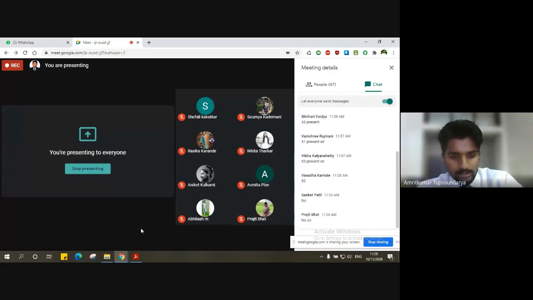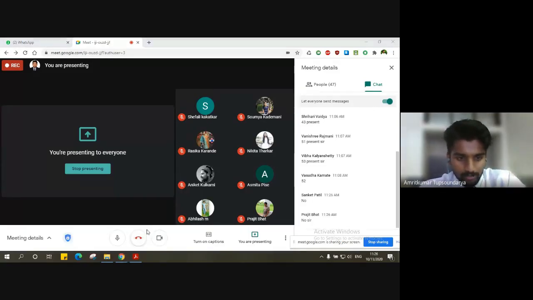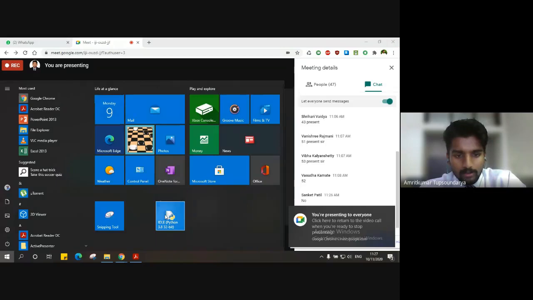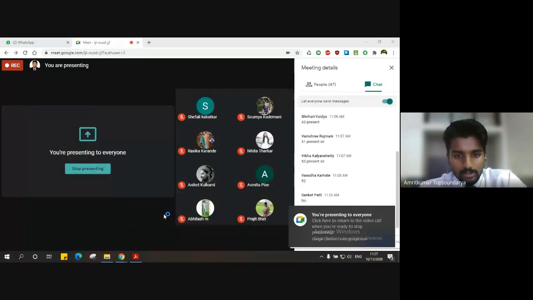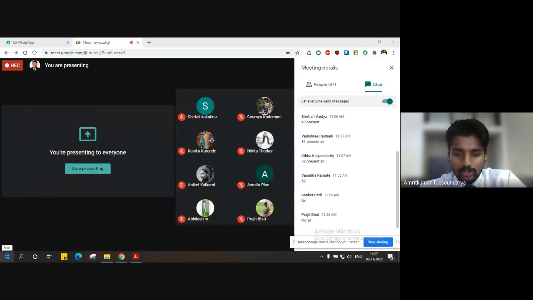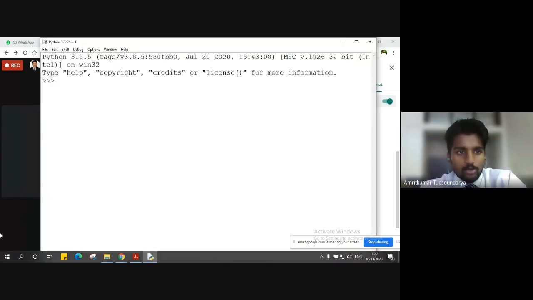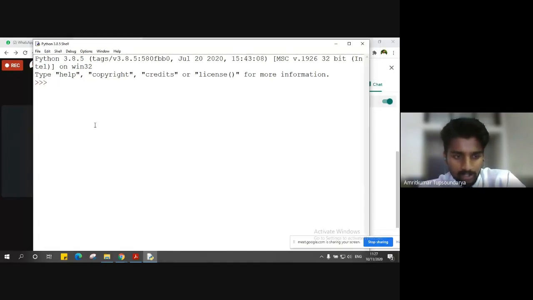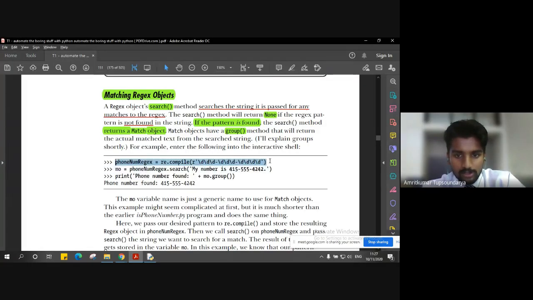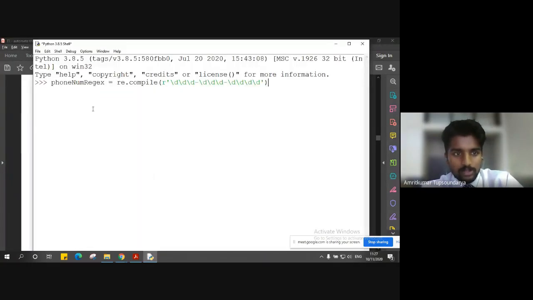So let's go ahead and execute this program in our Python IDLE. There can be two ways to do it. You can either create a new Python file which consists of your whole program, or you can simply give the instructions here in the interactive shell as well. So we are going to just put it in the interactive shell. Let me copy the same format so that we save some time.